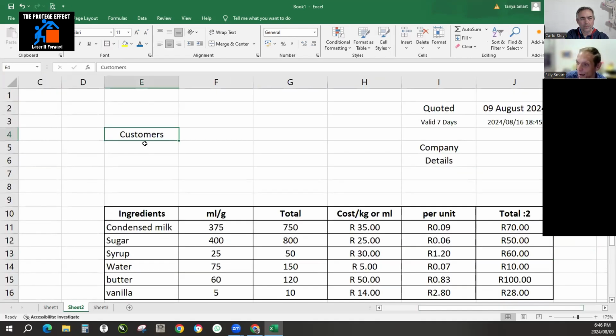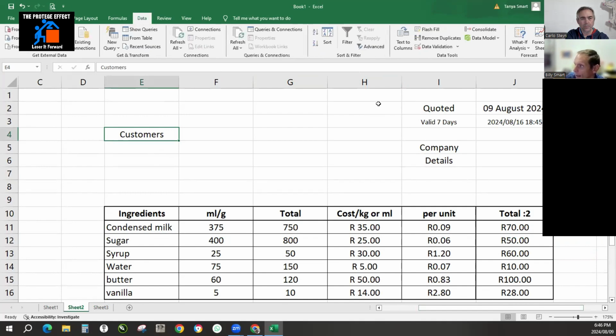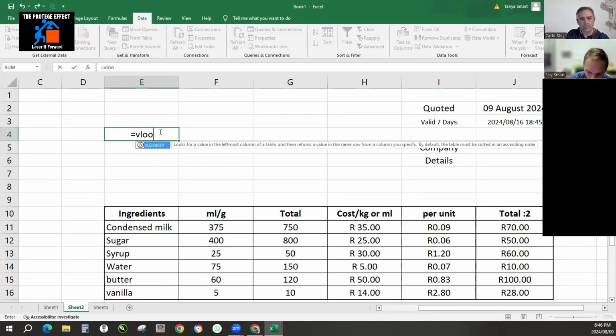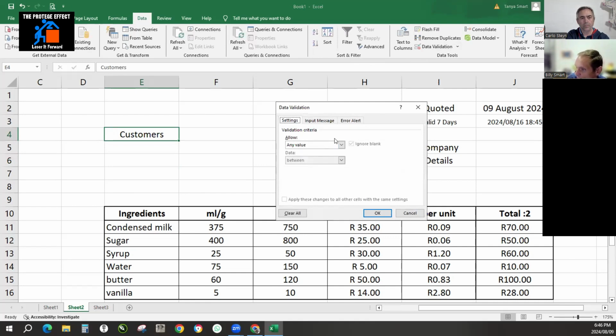Over here by our customer name, I can go back onto my data bar, and no man, I don't want to do a validation. I want to say equals, and I'm going to do a Vlookup. See, as you start typing it, it's going to pull it up in here. No, the first one, I need the client's name, sorry. Okay, so on the first one, we need to make a data validation, and we want it from a list, right? On our source, click on my source,